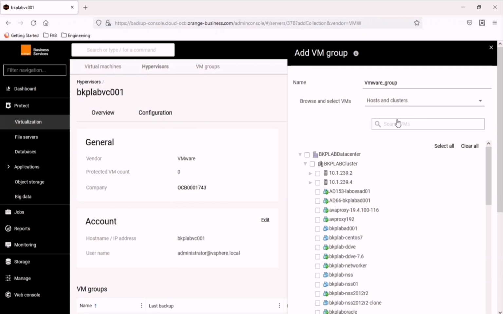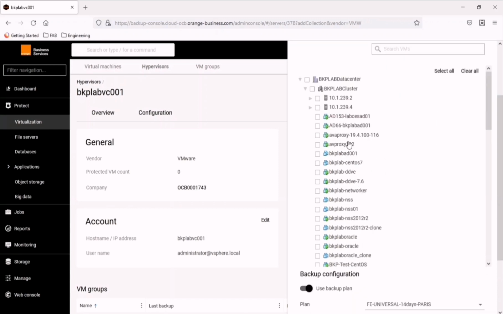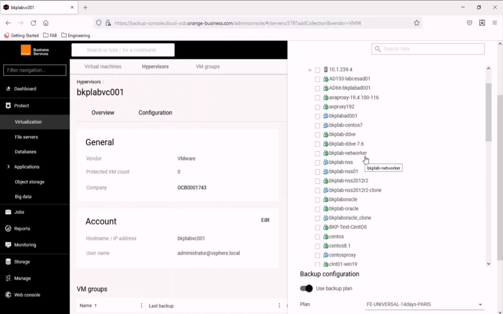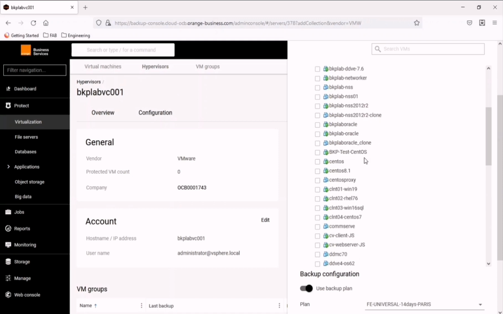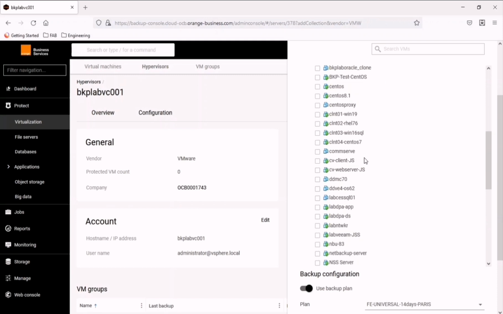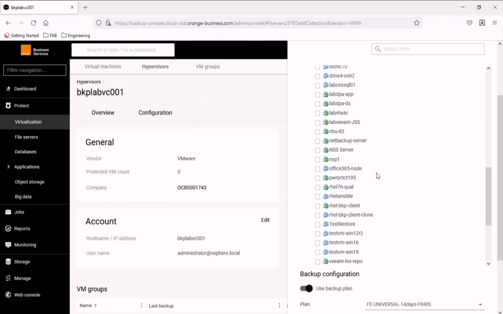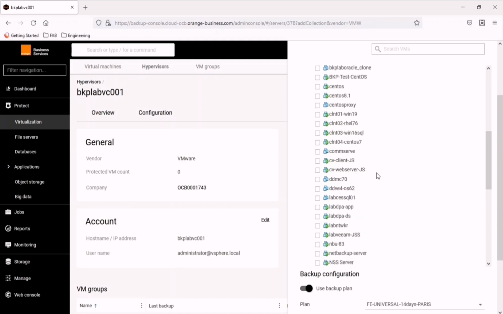You can see all the VMs which are part of this vCenter, or which are hosted on this vCenter, are visible in the Fab console. So let's say we want to take a backup of a Windows 19 client. So you can select Windows 19 client.